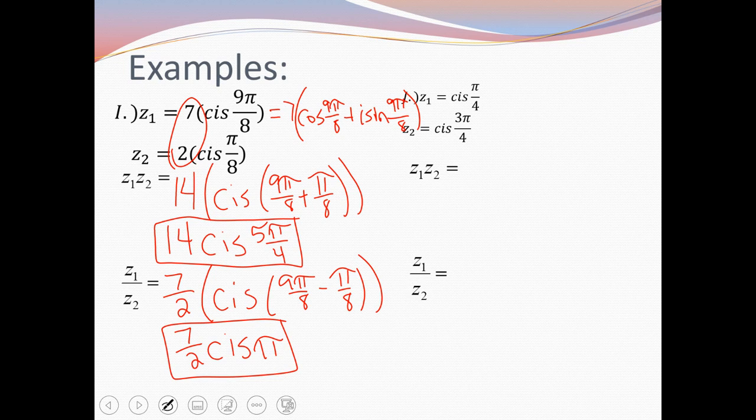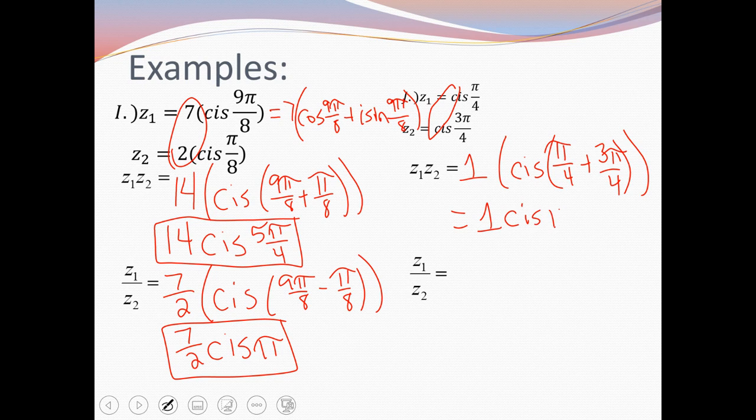Okay, the next one is cosine plus I sine pi over 4, and cosine 3 pi over 4 plus I sine 3 pi over 4. Like I said, I really like this abbreviation. I wish more books used it just because why rewrite it all the time? Okay, so we're going to multiply the r's. The r's just happen to both be 1, so it's going to be 1. You add the angles. Pi over 4 plus 3 pi over 4 is